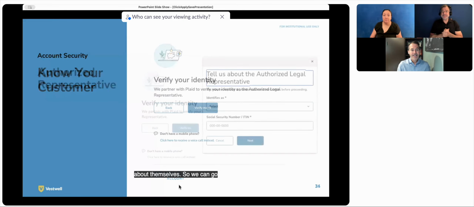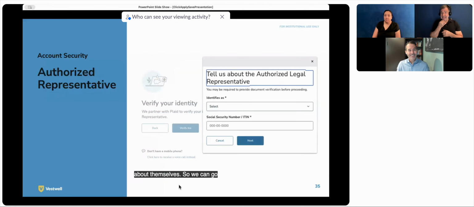Like I said, some of the information that we're asking is information you would expect: how this person identifies, their telephone number, their address. Here you can see their social security number or their tax identification number, as Lauri mentioned before. You're entering this information here so that we can capture it for our systems, but we're also entering this information here so that we can make sure that the person that's opening the account is the correct person. Go to the next slide.